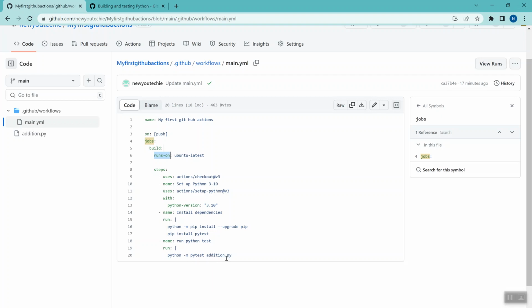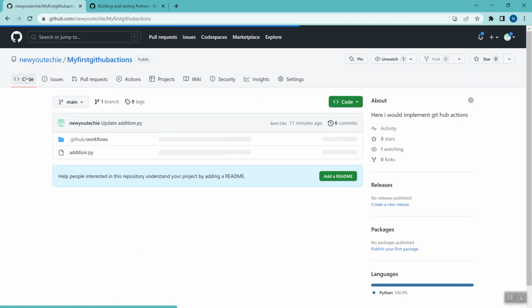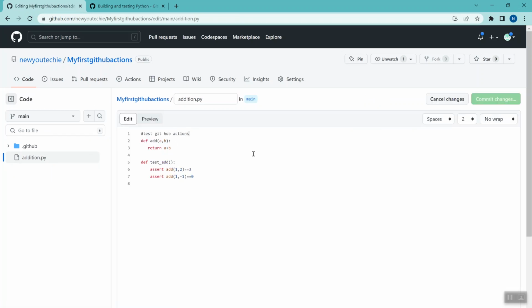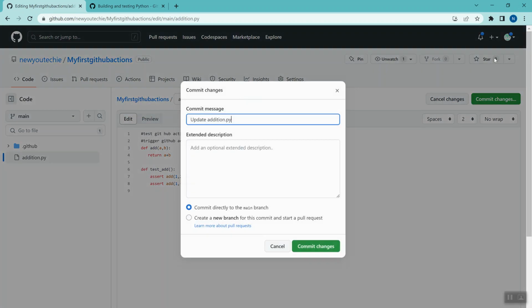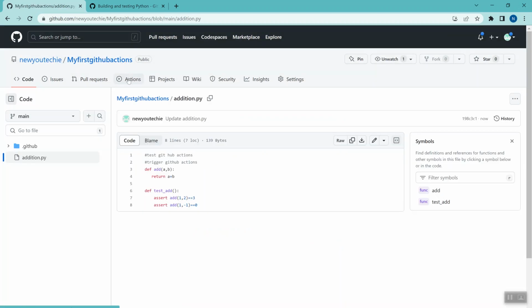python -m pytest addition.py. So if you want to get this triggered, let's make some small changes in the repo. So I'm writing trigger GitHub actions. Okay, then we will be committing the changes which will trigger the GitHub actions,